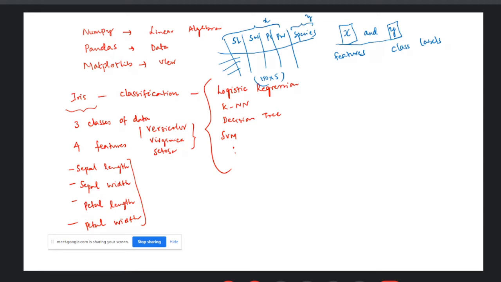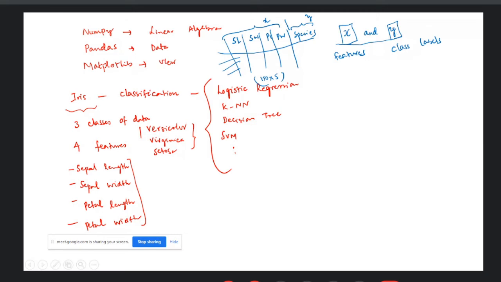The class labels we generally keep in a variable Y, and the corresponding features we generally keep in variable X. So what we need to do is remove the species and store the first 4 columns of information into X. And then in Y, we remove all these 4 columns and keep only the species column.